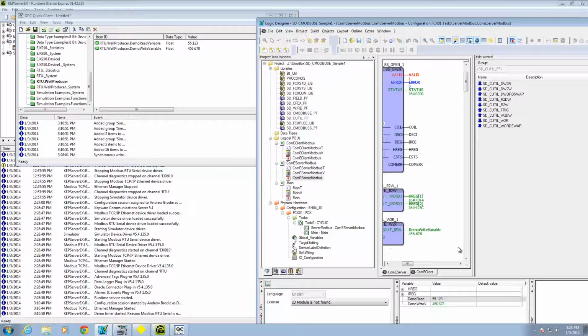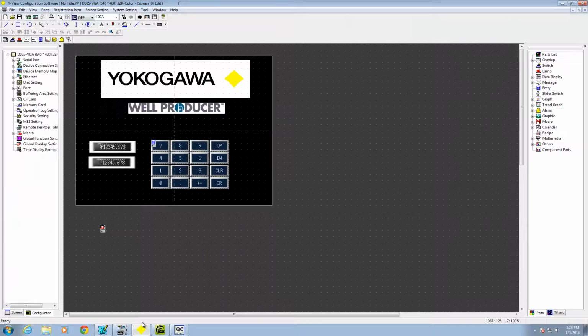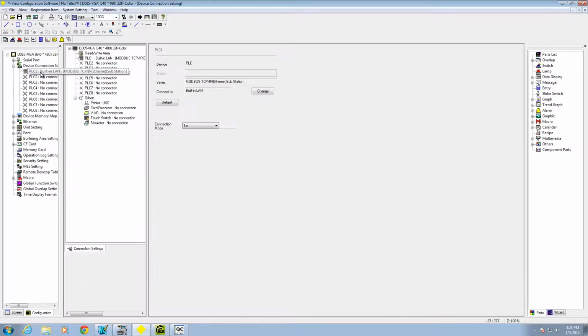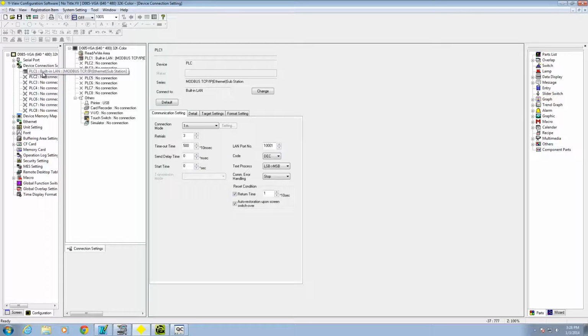Let's take a look at the YView side of the house to see what we need to get YView up and running. So I've gone ahead and opened up a little YView project here. First thing you're going to want to do is go under Configuration, go to Device Connection. You're going to want to make sure you've got a PLC 1 or at least one of your PLCs set up here for that. And then you're going to go under your device connections, you're going to pick PLC,